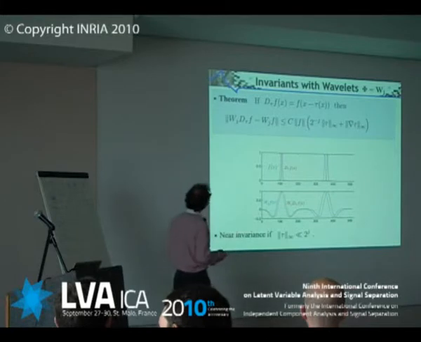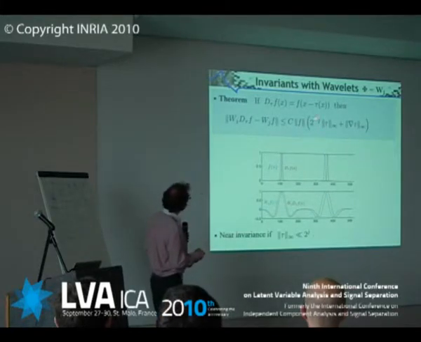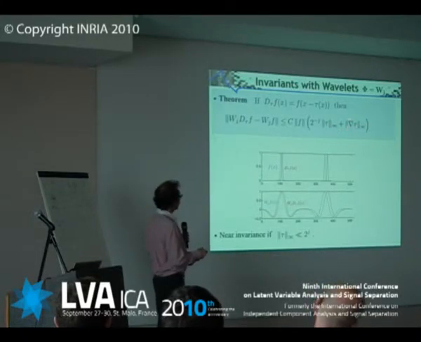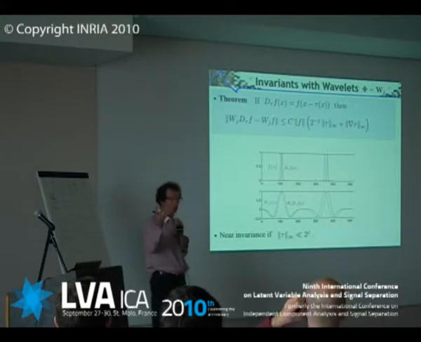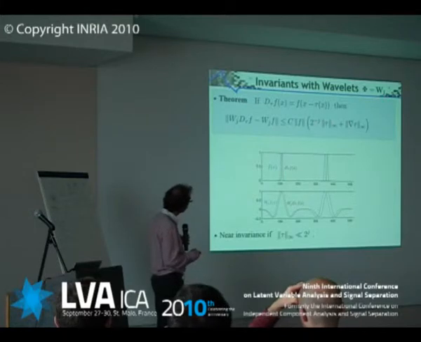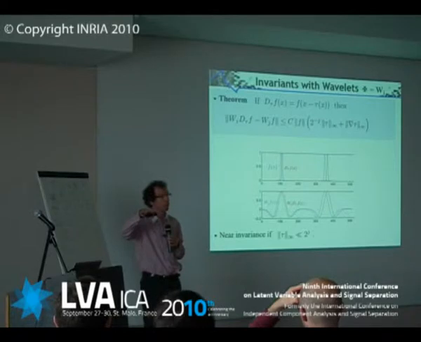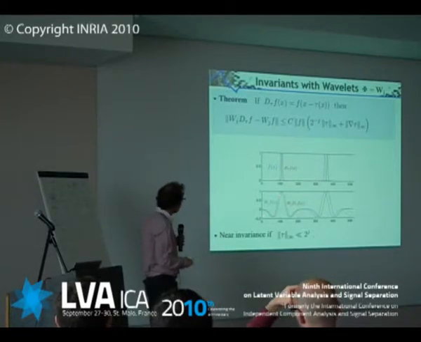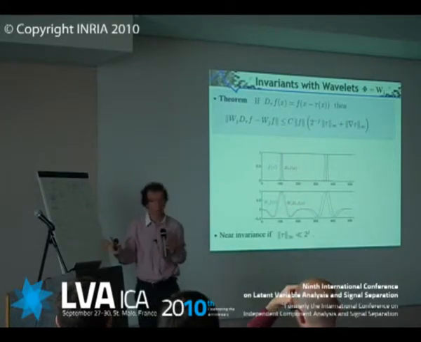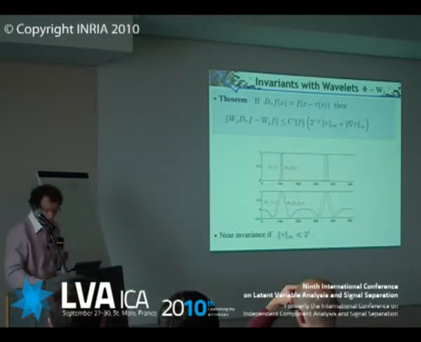And that's what it says here. Basically the distance, if the scale is large relatively to the translation, the first parameter, which is the translation component, is going to be small. And the second source of error is due to the deformation, and you get exactly what you wanted, basically the gradient of tau. Okay, what's the problem? The problem is, what you need is this term to be small. If you translate the signal, basically the wavelet transform is going to translate, but you say, well, it's okay if the wavelet is very big because it's going to be nearly constant. Okay. Now, what does that require?